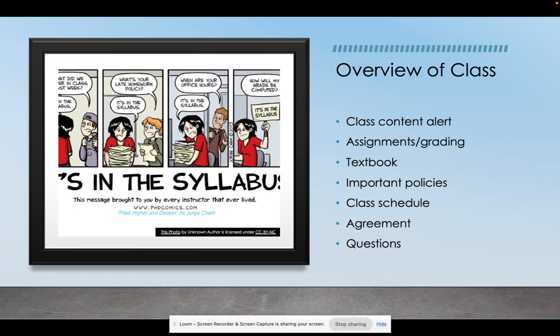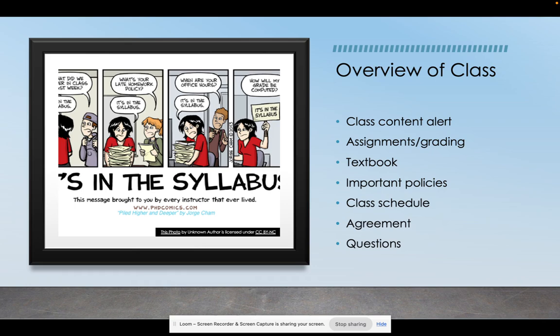Now, with that being said, there will be at least one additional in-class free write, so a sixth in-class free write that you only have to do if you have a 0 for an earlier in-class free write. So let's say you miss in-class free write 3, you were sick, you weren't in class that day, then you just do in-class free write 6 at the end of the semester, which is optional, and that score for in-class free write 6 will replace the 0 that you initially got for in-class free write 3. So there's always an opportunity to still earn that full 50 points that you need toward in-class free writes, even if you miss class here or there.